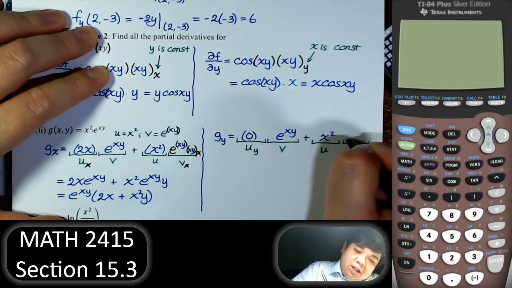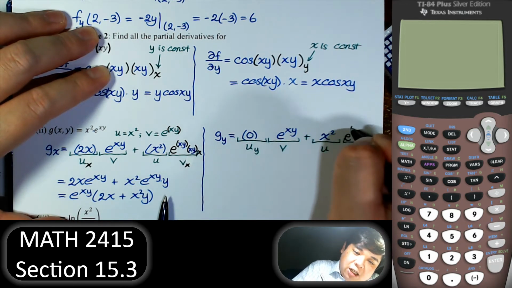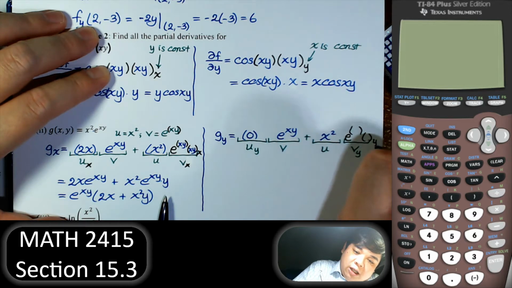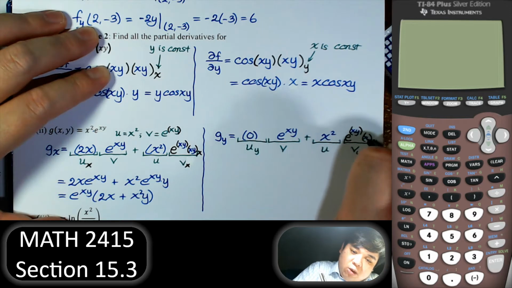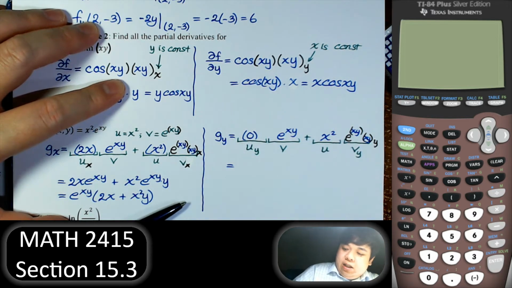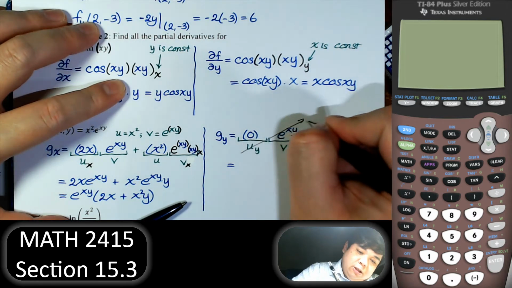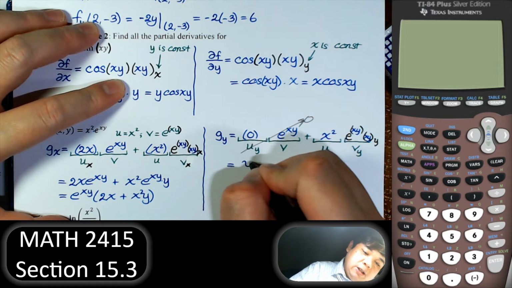Derivative of this is similar to that: e to something, and the derivative of that with respect to y. We have xy here, xy here. 0 times anything goes to 0. And then we just have x squared